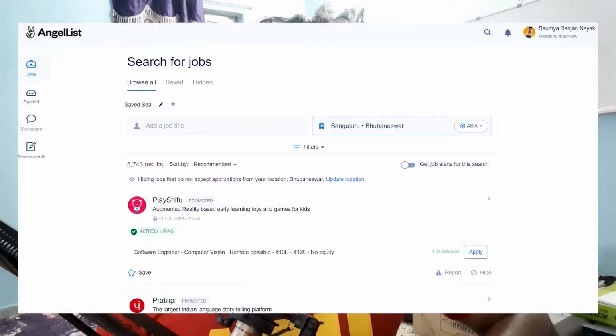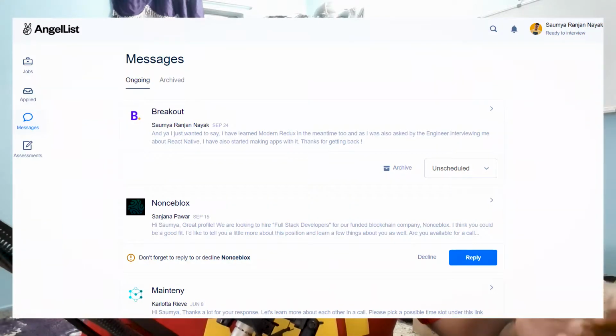So I did that. I applied to 20 positions or something, and I used AngelList to apply to a lot of startups, because only startups can hire you at this position. And I will also recommend AngelList if you want to apply to things. Unlike other job boards, it is pretty well made, and it has its own in-app chat feature, which is pretty good. You can just talk to the founder or the person who is reaching out in the app itself, which is not something you'll find in other job boards. So it is pretty cool.